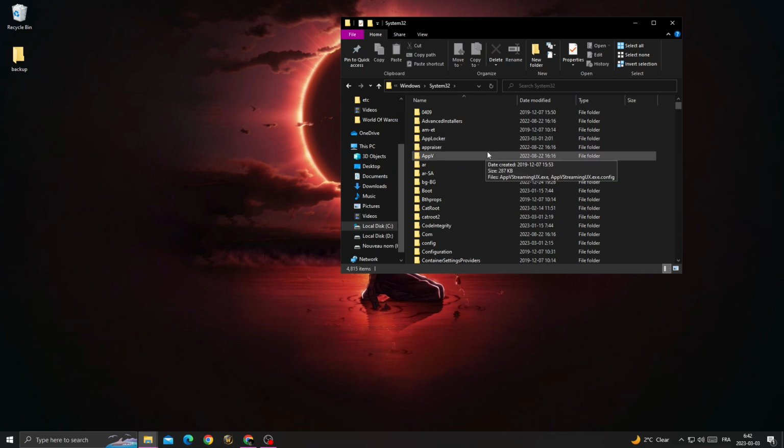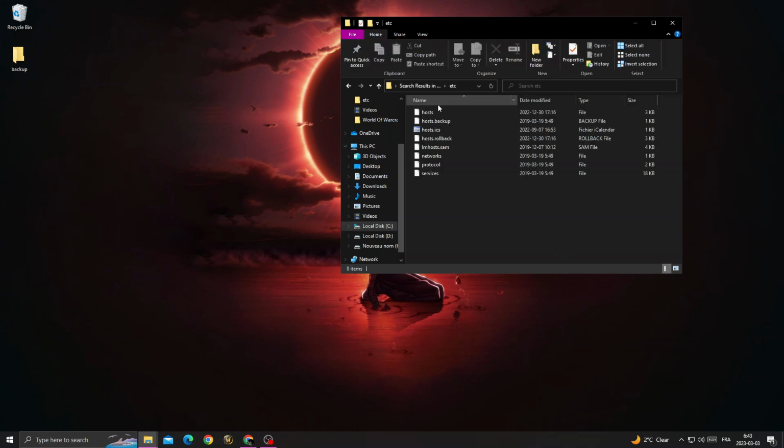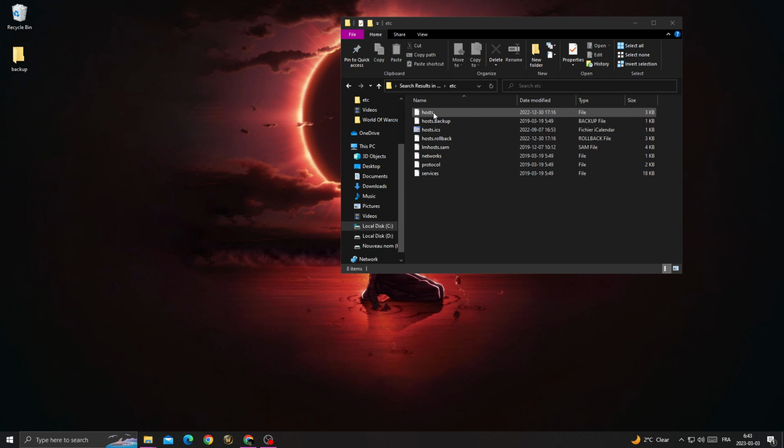and then type here etc and click enter, and now click on it. And after that, just create a new folder on your desktop and name it backup, just for backup, and then